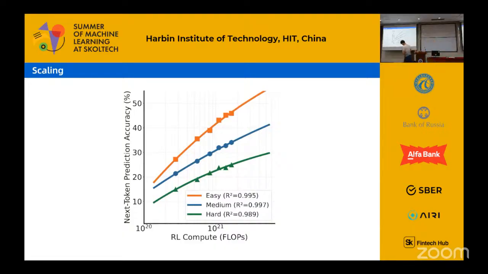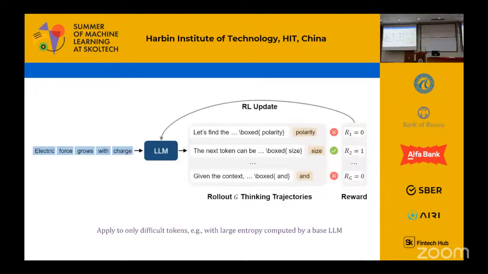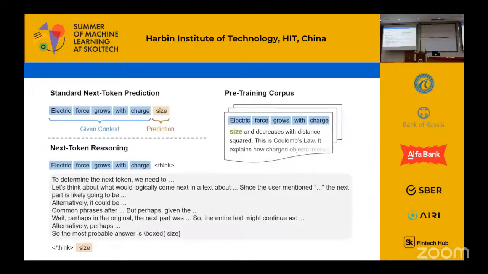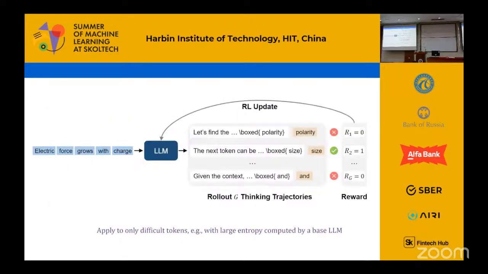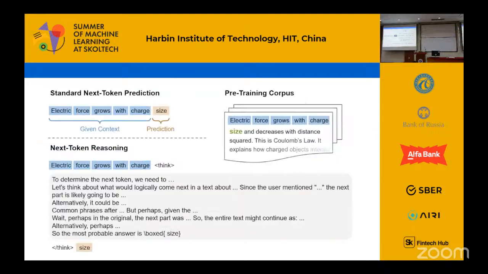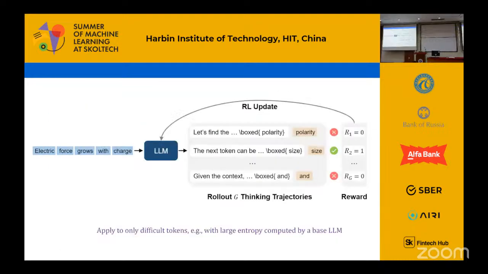But how can an undertrained LLM reason? Yeah. Because it's actually based on a pre-trained language model. So this language model can already do some basic reasoning. You just need to give it a special token, or some prompt, then it can do some reasoning. Maybe not that good, but it has certain reasoning capabilities.